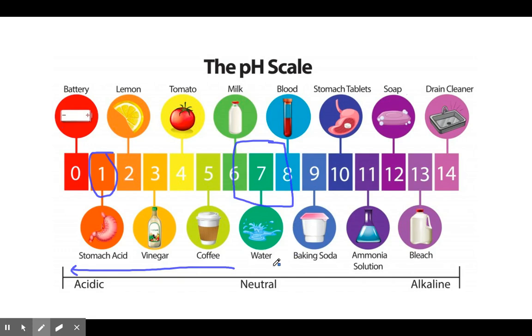All right, anything above 7 are known as our bases or alkaline. That includes like baking soda, your stomach tablets, some soaps, bleach, ammonia solution, or basically all of our cleaning products,